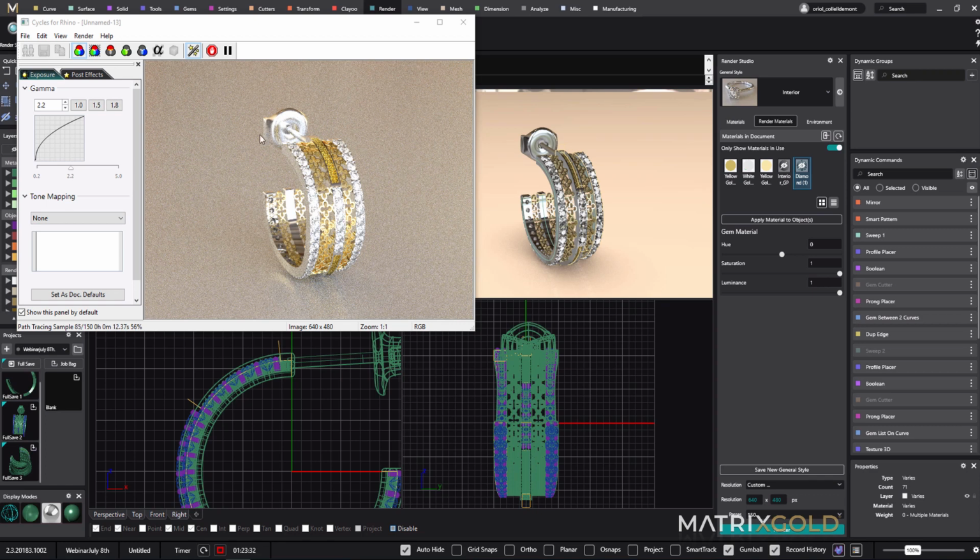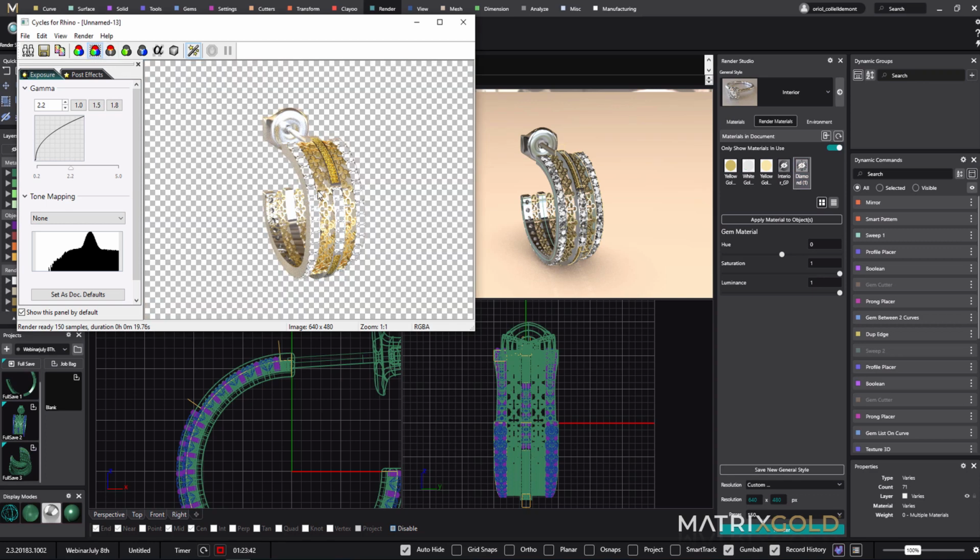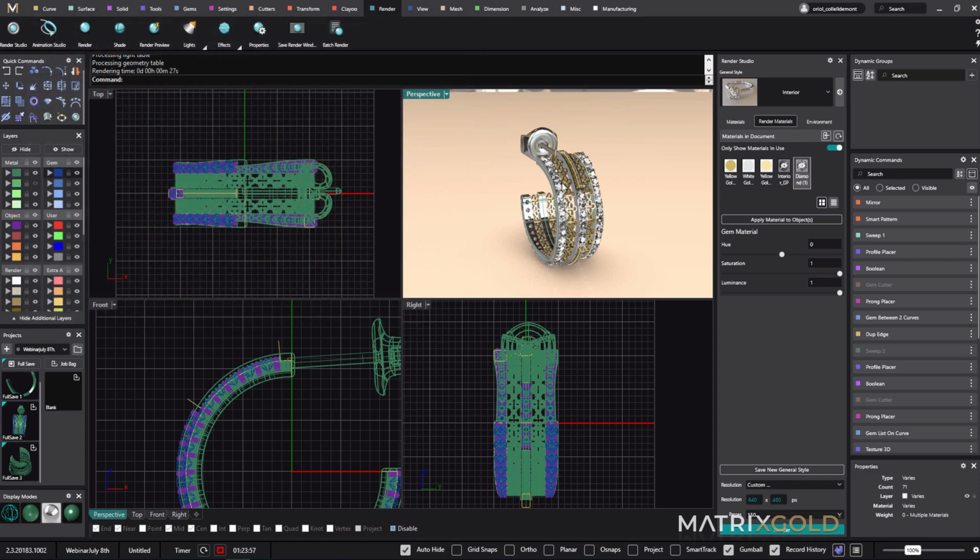And now I will show you how the alpha channel works, and I will show you the results that I did before I started this webinar, so we will go faster and you don't need to look at all what I'm doing here. So perfect, it is done. I just go like this, and you see I'm just removing the diamonds. I just keep the metal. All right, the reason why is because then you can do a lot of different options. So now I use the interior for the metal,